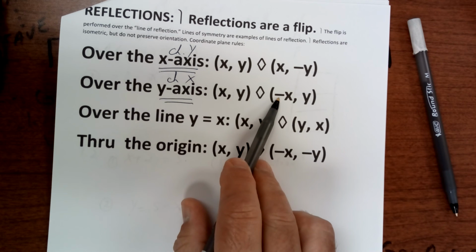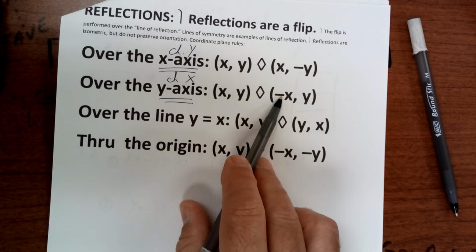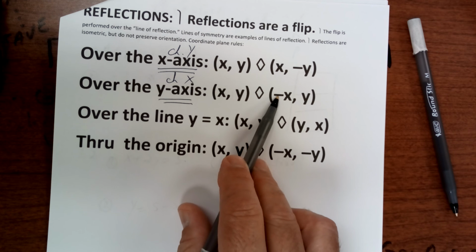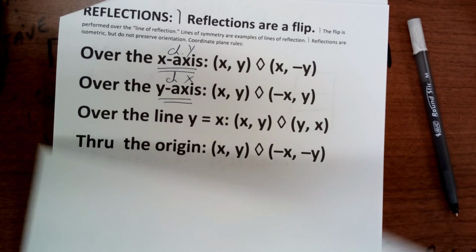Now a lot of kids are like, oh no, that's a negative. No, a negative changes it. Like if it's already a negative and you put another negative, it becomes a plus. So the best way to say that is change the x. Okay? And then if you're going over the line y equals x